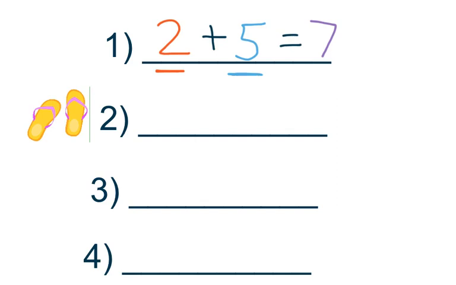For numbers 3 and 4, you're going to want your total to be first. That means 7 gets to go first. See if you can write 2 plus 5 equals 7 in 4 different ways. I can't wait to see how you do